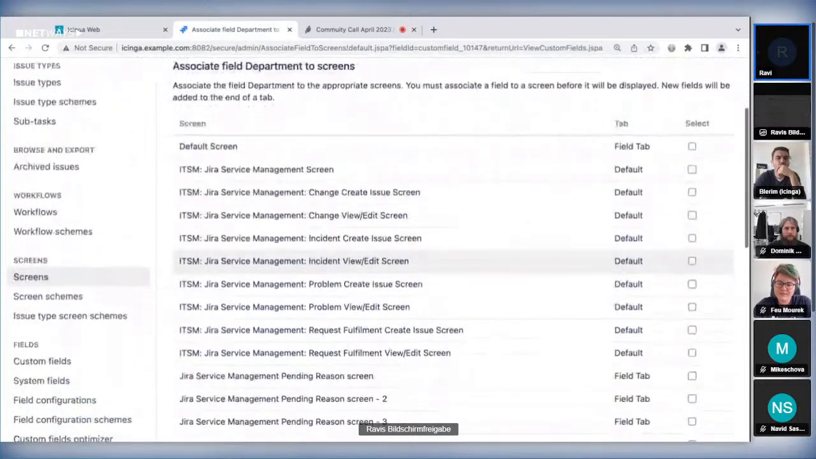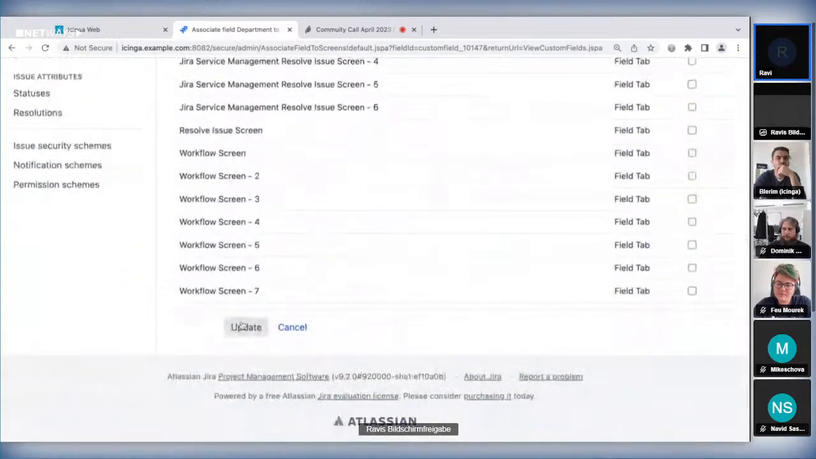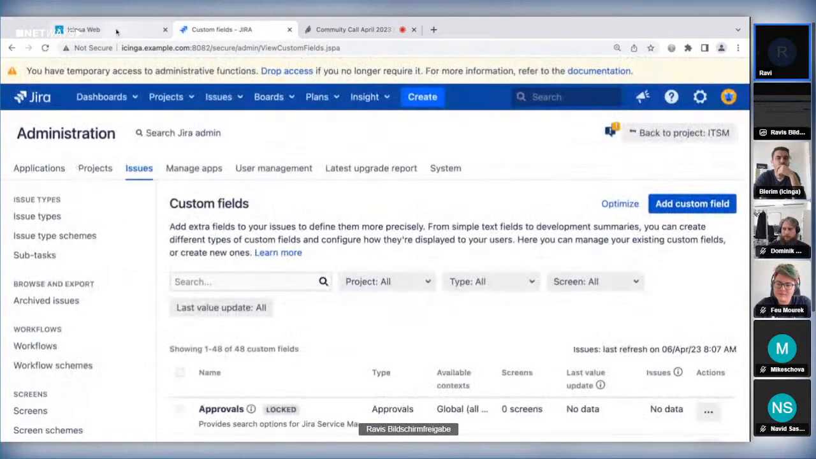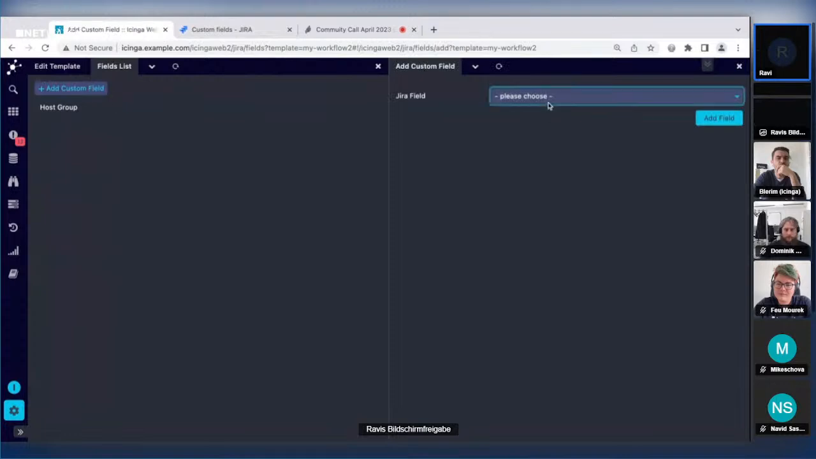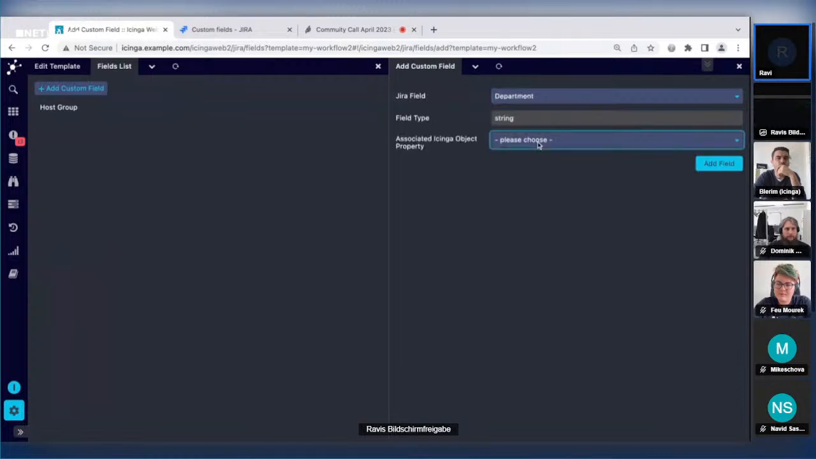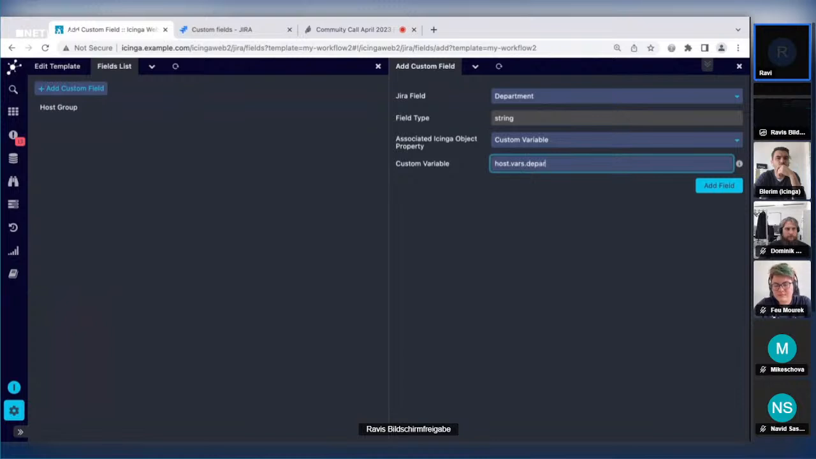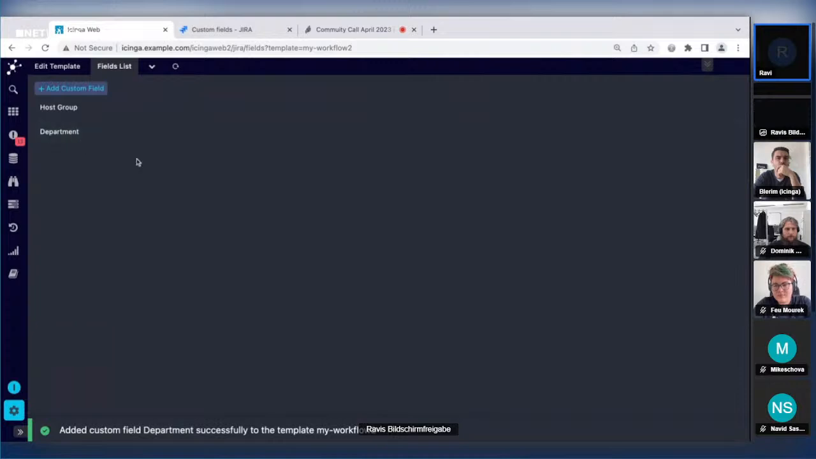So let me just use the problem create issue and problem issue screens for now. Let me add one more custom field, department, custom variable. So once this template has been created,